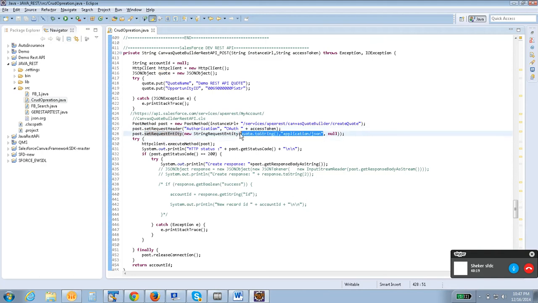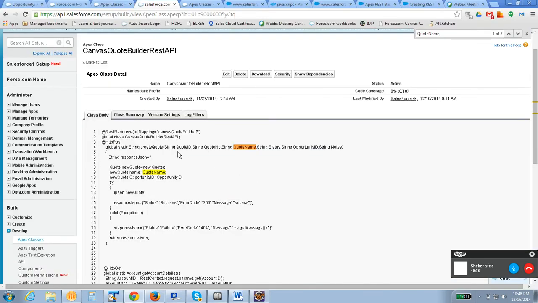Or you can construct it. Everything will be taken care of by HTTP. It will internally convert it. If you send it like a JSON, now you are sending it as a JSON. But if you go to your method, you are not receiving JSON, you are receiving particular parameters, right?